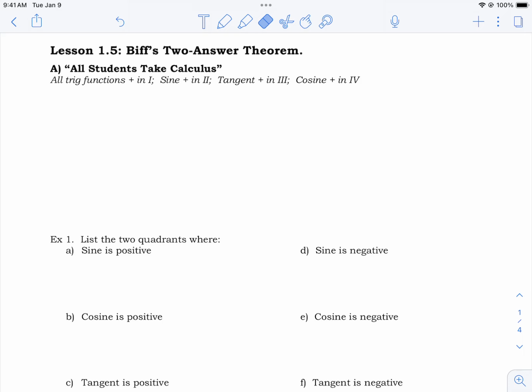Well, I want to build up to this a little bit slowly. The first thing, and this is almost a non sequitur, remember we defined sine walking all the way around a circle, rotating around a circle. We defined cosine, tangent, we defined all our trig functions rotating around a circle. Well, this all students take calculus thing is a quick way of knowing what quadrant you're in